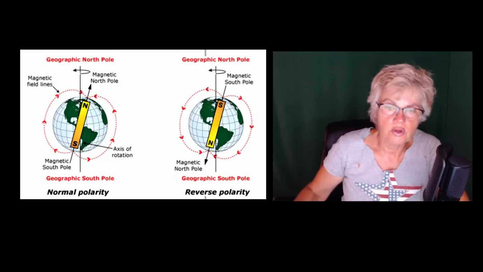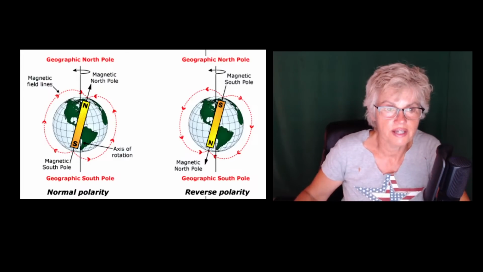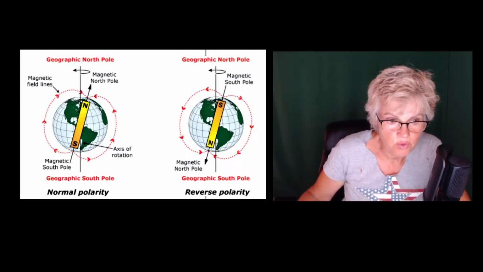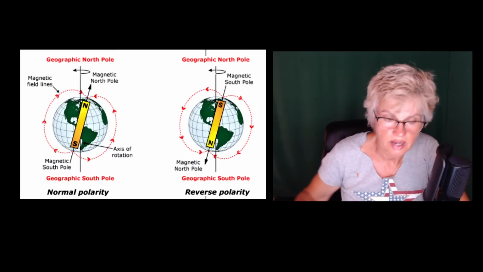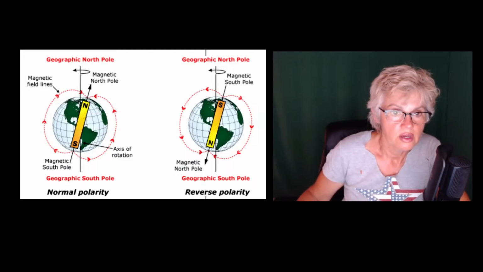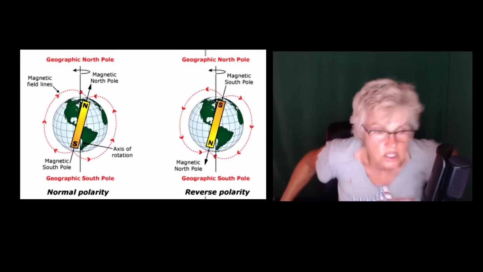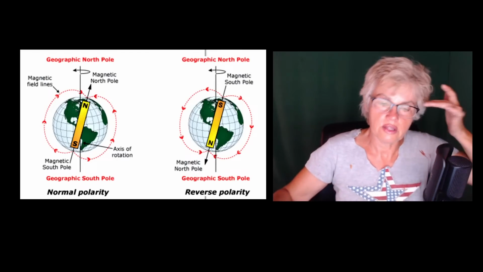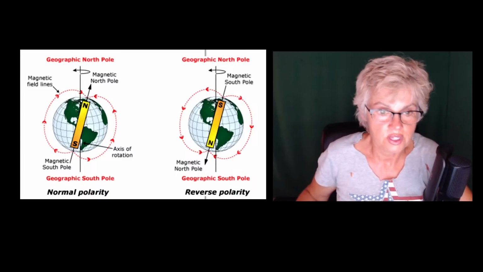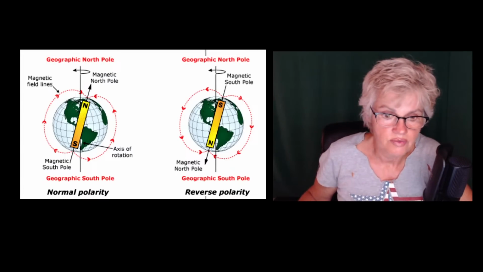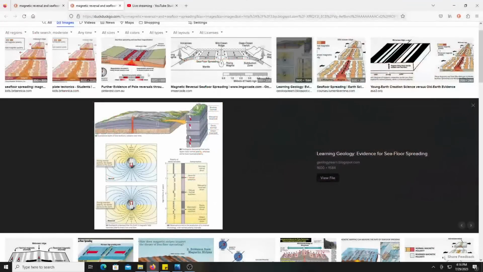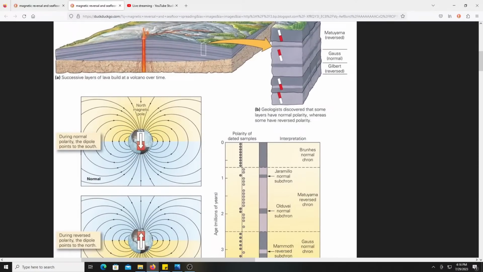Really, ask yourself, what would cause the seafloor to stripe? I think I got this. Let me do this right here. Okay, magnetic evidence. Oh my gosh. You all, this is important. Okay, so we got the seafloor. Let me pull this up. Evidence for seafloor spreading. So something is happening.